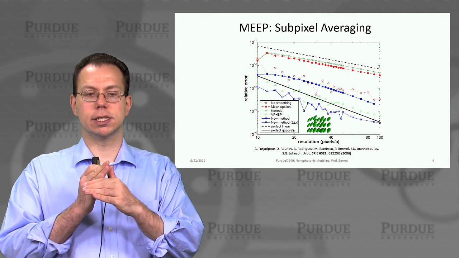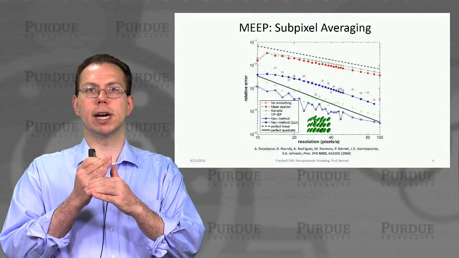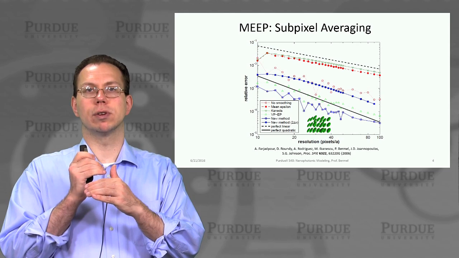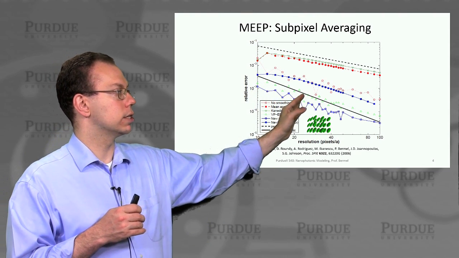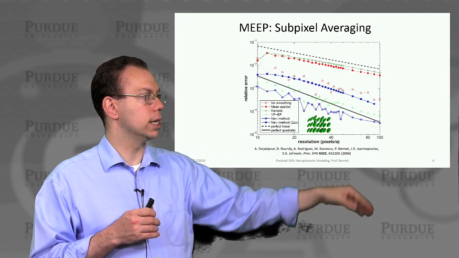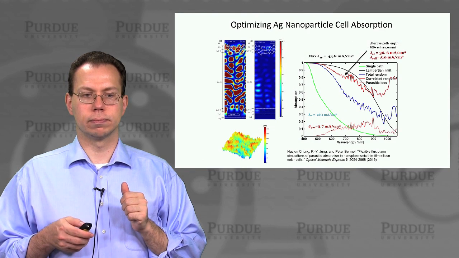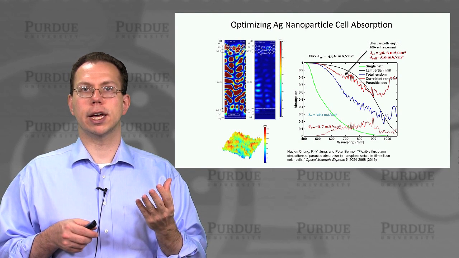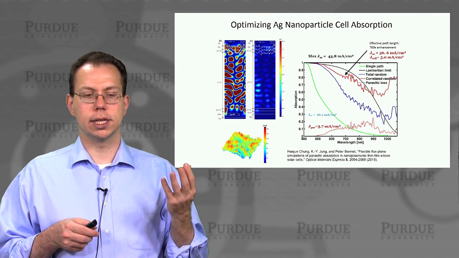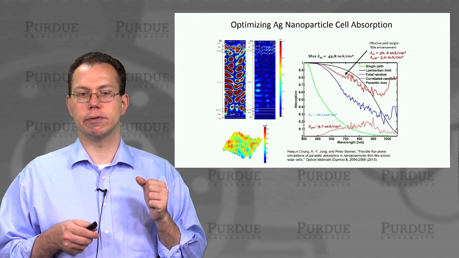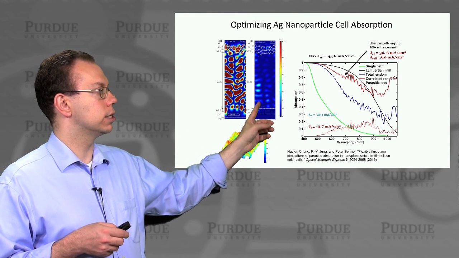In order to get rid of the stair-stepping, we use this subpixel averaging, which is motivated by the physical content of Maxwell's equations. And that allows us to recover this 1 over resolution squared behavior, which you can see here. And this was originally proposed about a decade ago. And then we showed that this kind of approach can be applied to a broad range of problems. This is just one of many examples that we covered in this unit, where we have silver nanoparticles used in